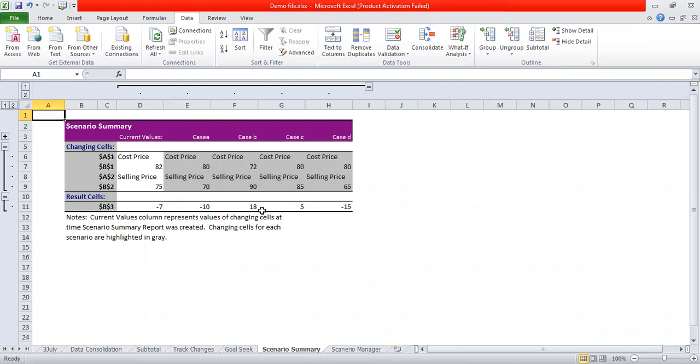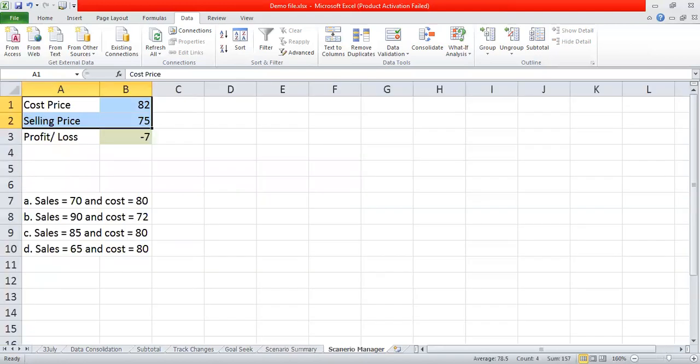So now you can decide easily that what will be the cost price, or maybe if you are going to launch a product, so you can decide easily कि अगर मैं ये cost price और ये selling price रखता हूँ तो what will be my profit, what will be my loss. So accordingly you can put a cost price and selling price, or whatever you want to do the analysis according to this table, you can do that analysis easily. So basically scenario manager is useful if you are having n number of cases and in each case you want to know that you are in profit or maybe you are in loss,